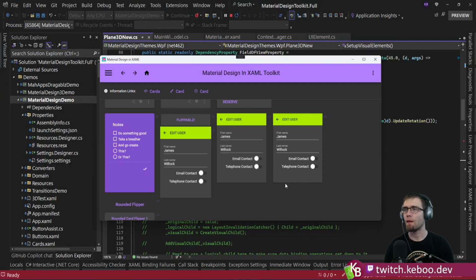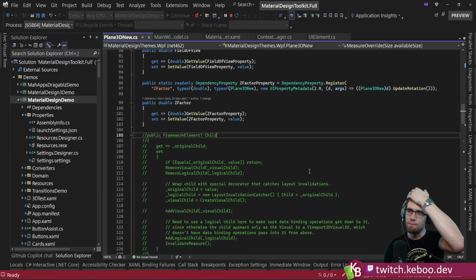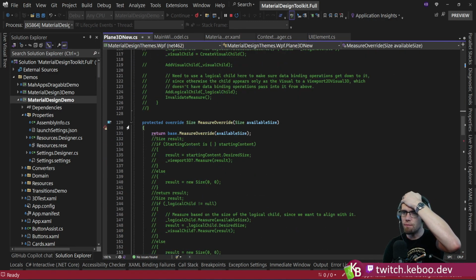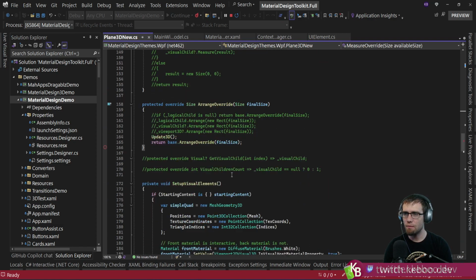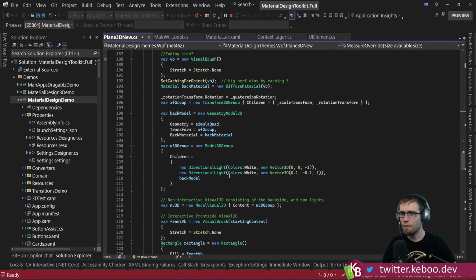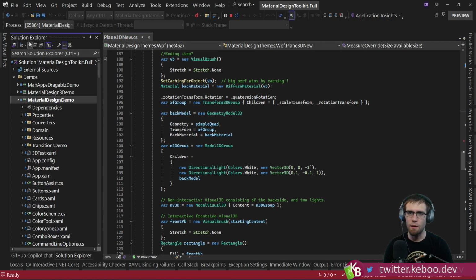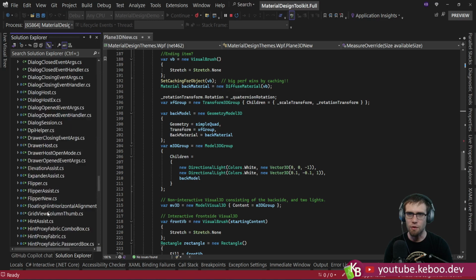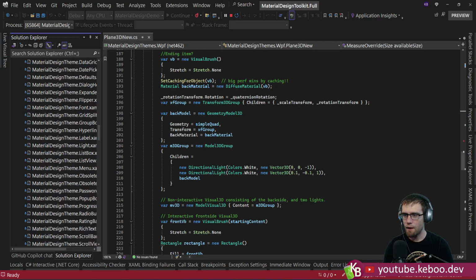So that is the game plan, and what we would like to do. We have this guy here, measure override, arrange override. And what we would like to do is swap in this content at the appropriate point and make it be appropriately functional. Now, if I remember correctly,